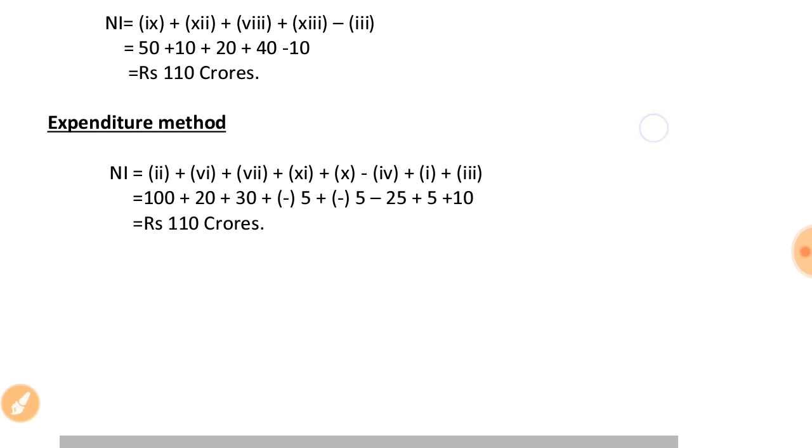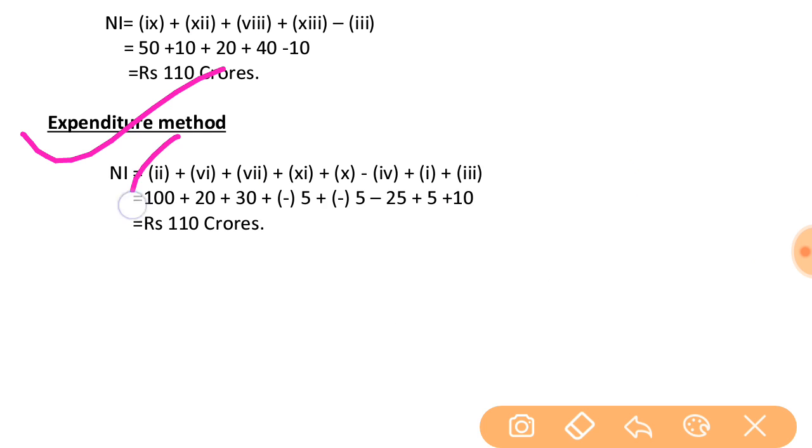After this, the expenditure method. In the expenditure method, 2 means we have added private final consumption expenditure. What do we do in the expenditure method? The expenditure method is a system for calculating gross domestic product that combines consumption, investment, government spending and net export. So expenditure is added. That is why 2 is added, which is private final consumption expenditure. Then 6 is given. What is 6? It is the government final consumption expenditure.